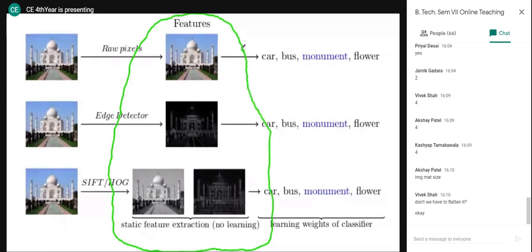Right? We are just applying some direct algorithm, let's say the edge detector, or the HOG or the SIFT algorithm, and that's it. The learning is over here in the second half. That is, we have the correct classification, and based on that, we'll train the model, or we'll adjust the weight. Fine. So this particular algorithm, 1, 2, or 3, any of them you consider, it is the machine learning based